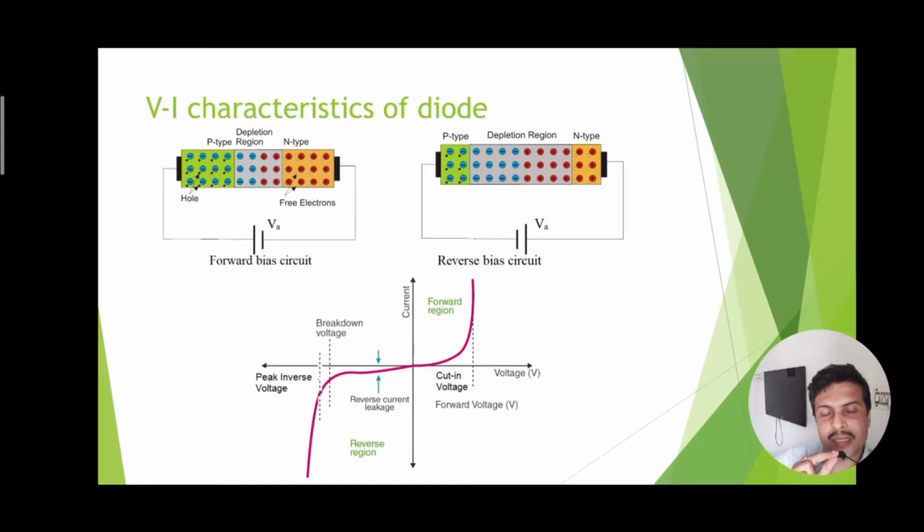That is why hole and electron pair generation under this high negative voltage will be more. If we further increase the reverse bias voltage, the current will rise high, but peak inverse voltage is the limiting voltage beyond which we cannot increase the reverse bias voltage, because increasing the reverse bias voltage beyond the peak inverse voltage will raise the temperature of the diode to an uncontrollable limit. So therefore the diode will be burning out. So peak inverse voltage is the limiting voltage for every diode.